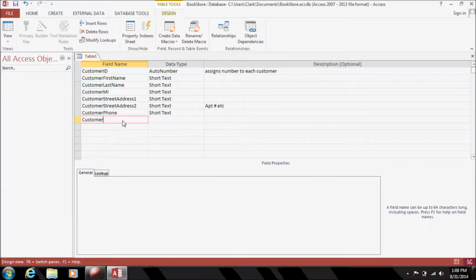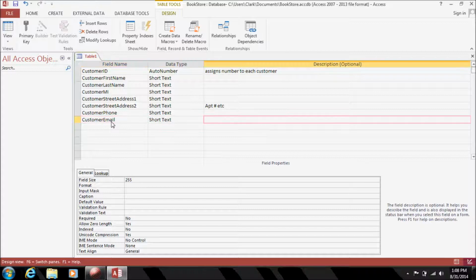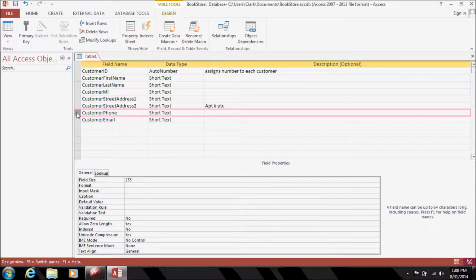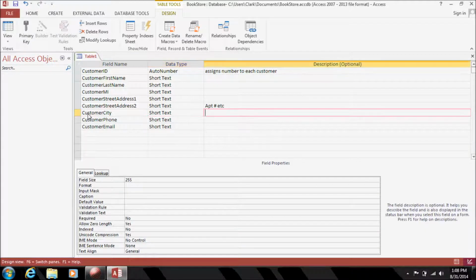Let's do customer. Oh, you know what I forgot is I forgot the city and state. Let me just finish putting in email. So customer email, it's another text. If you want to insert a column, the column order doesn't really matter to the database, but when you're entering the data, it can be helpful to have it in a certain order that makes sense. So let's just add in customer city, text,